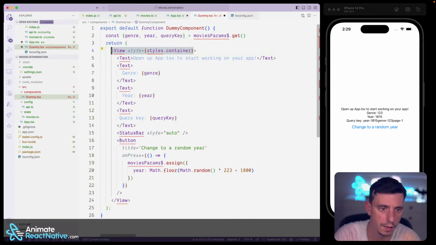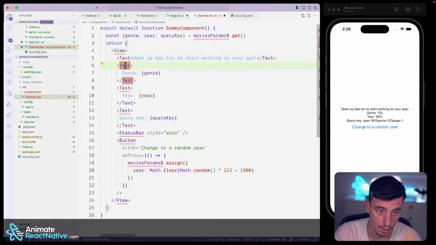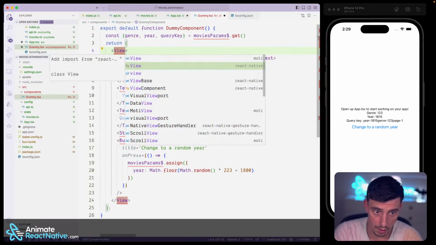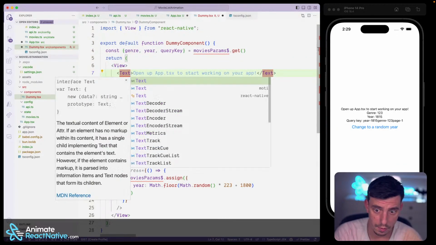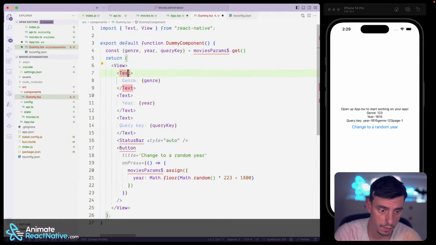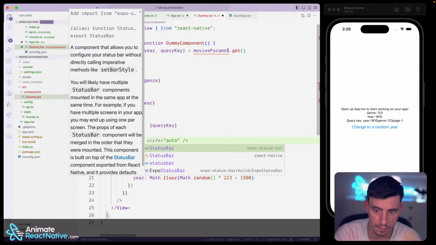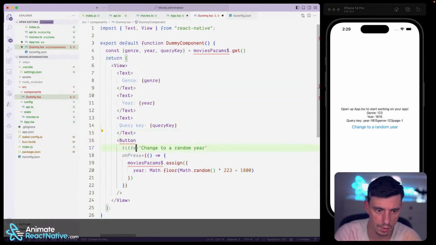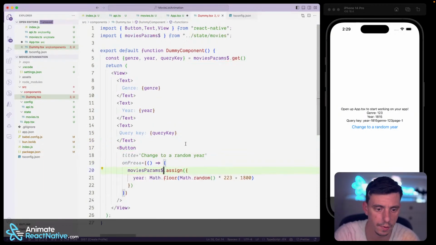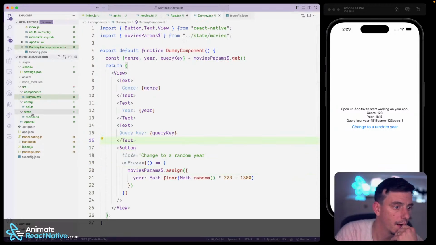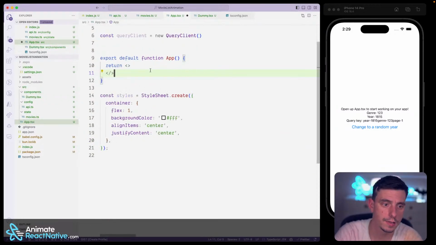There is no styling. React Native, this one we don't need it. Status bar, we don't actually need it, and the button and movie params. Okay, and now inside the app.tsx we can